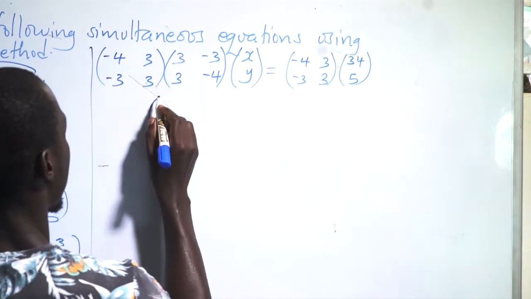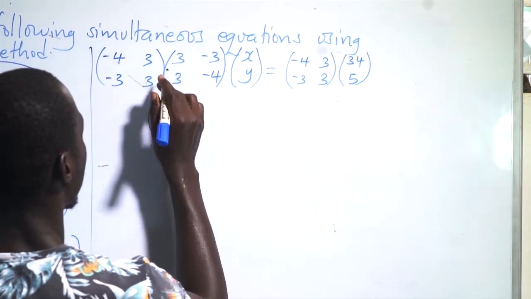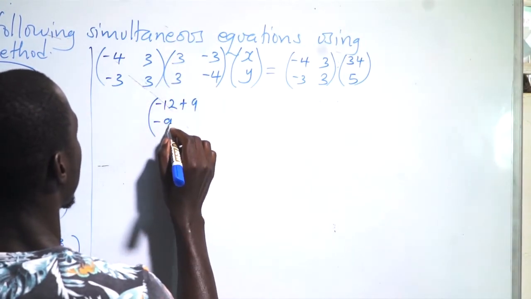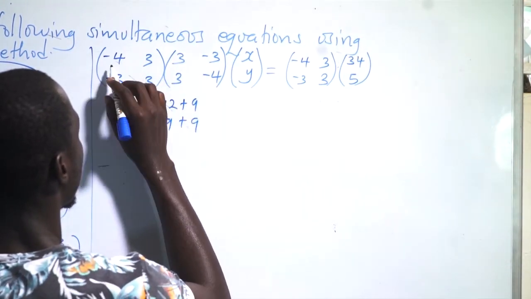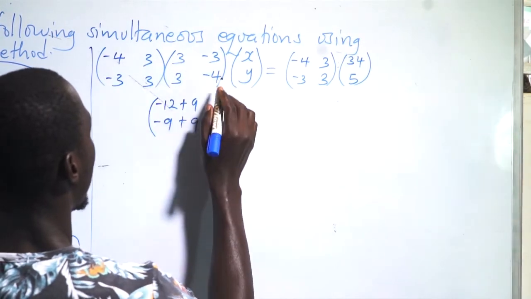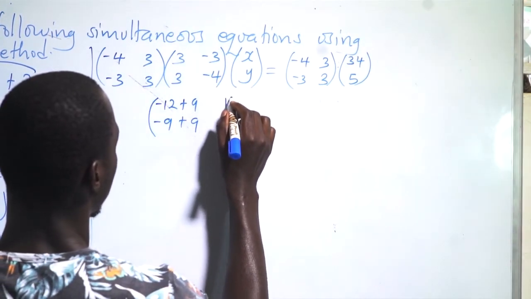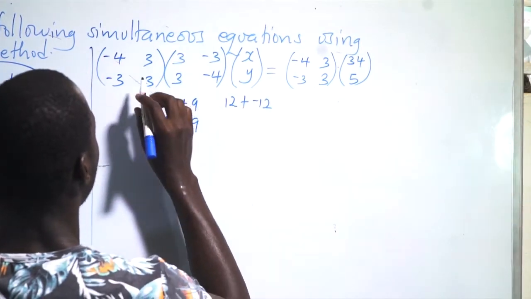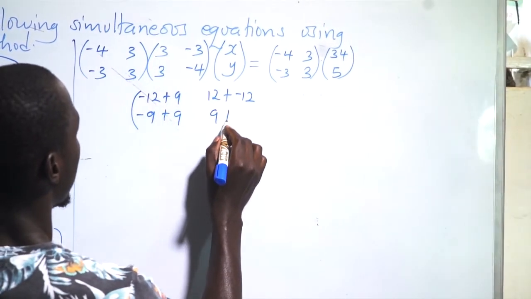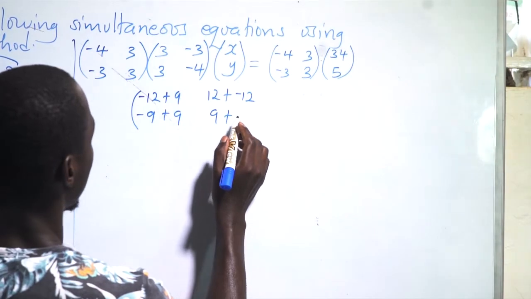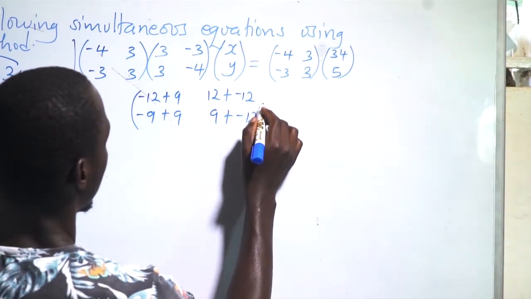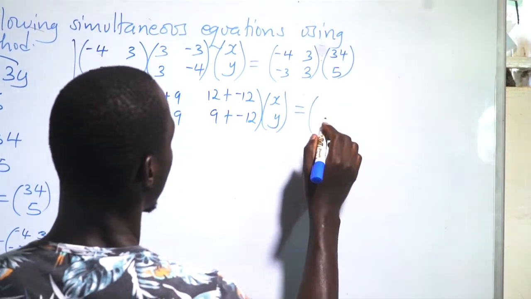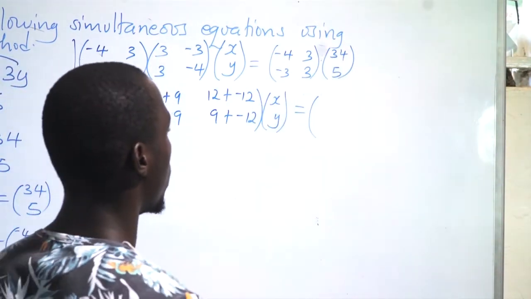So this is going to be negative 12, then plus 9, then negative 9, then plus 9, row by column, positive 12 plus negative 12, a positive 9, then plus a negative 12 times xy is equivalent to, here when I multiply